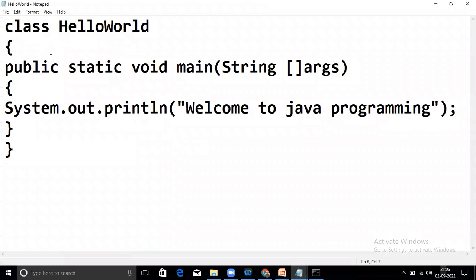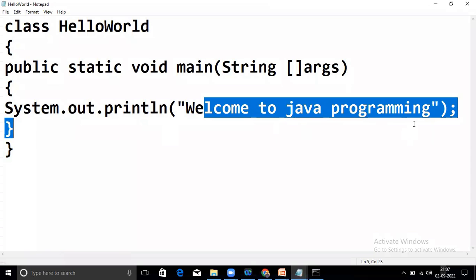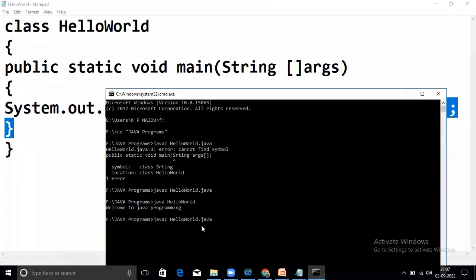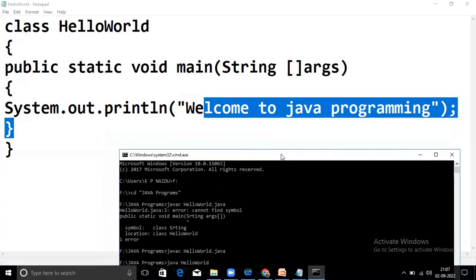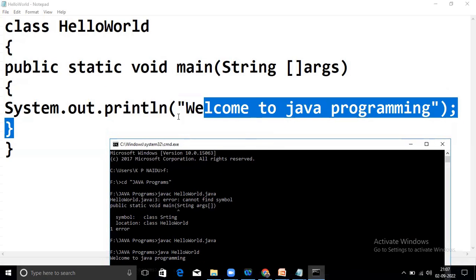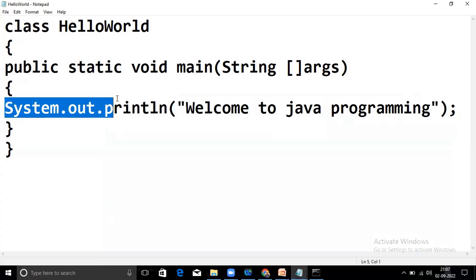Each and every program in Java starts with a class name, open the braces, then you write the main method, then you have some set of statements. So in this, I can try to display some string or some text called welcome to Java programming. If you want to display any text in the command line prompt, we use a statement called